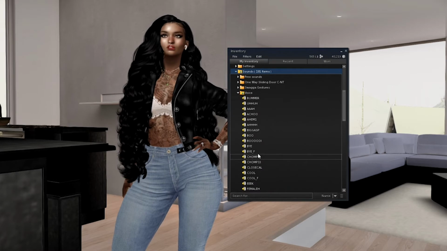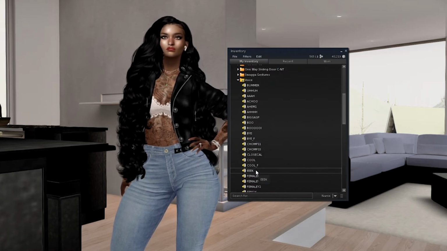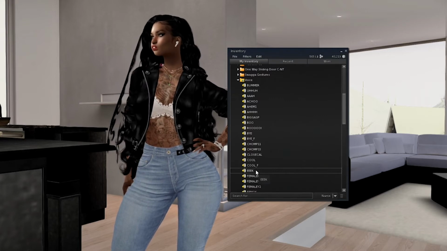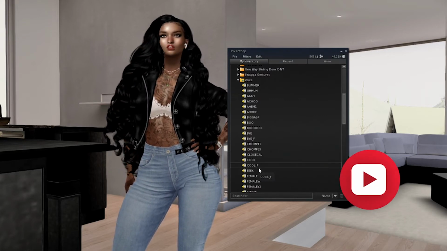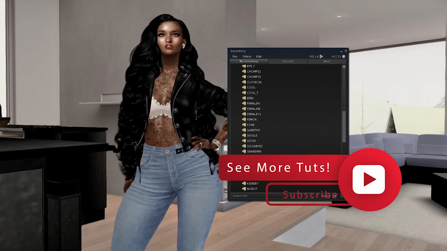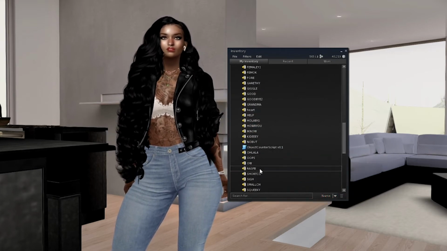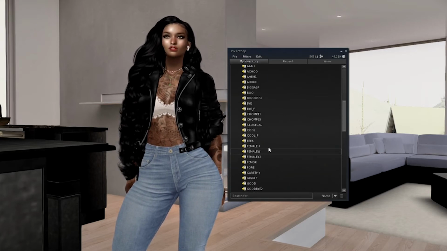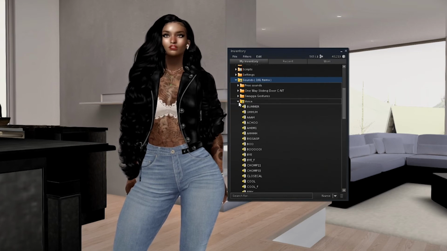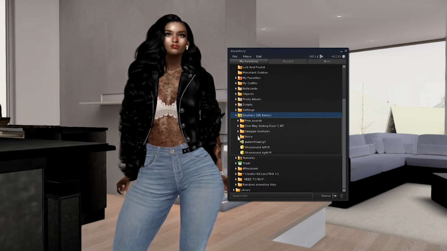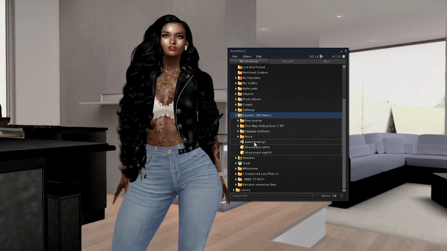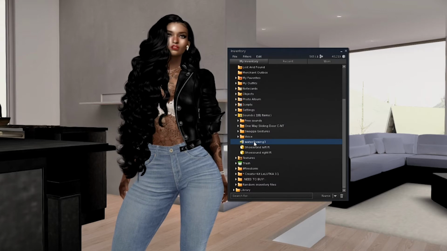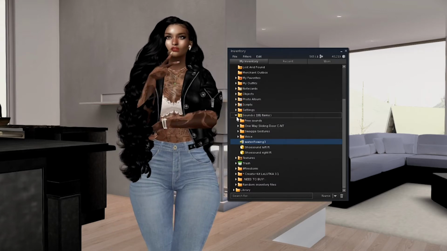So these are default sounds that you get, and they're for gestures or for chat, texting when you're in world and you're chatting at a party or something, and that's what gestures are used for. They're for parties and stuff, and clubbing. So you can add sounds to different gestures. So this is water flowing. So that's the sound of water.